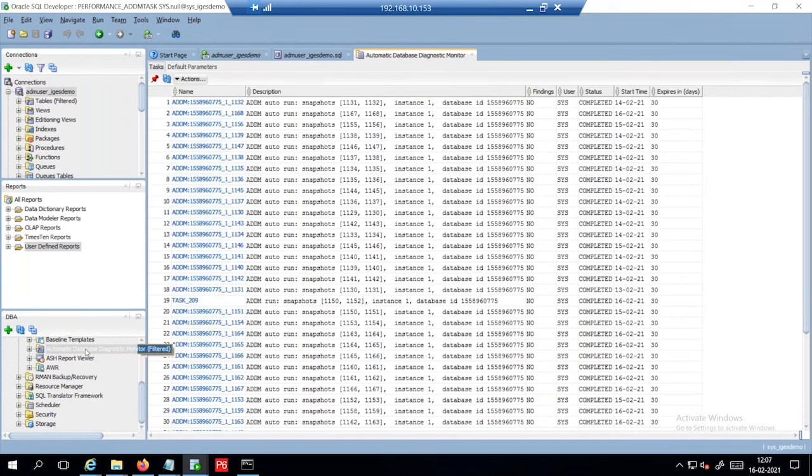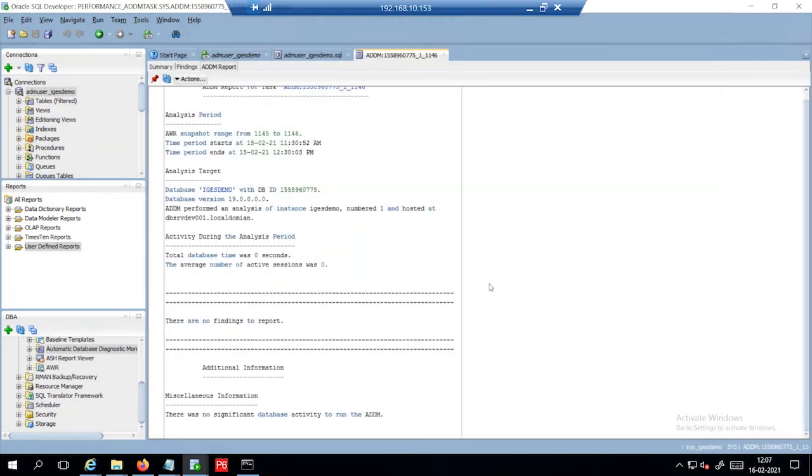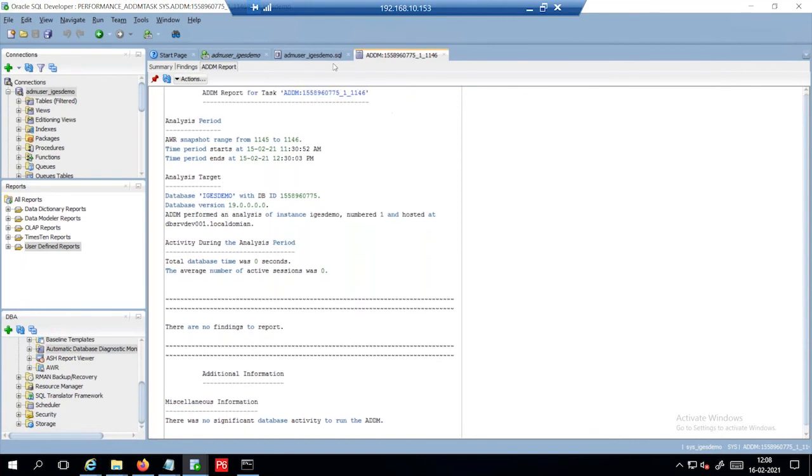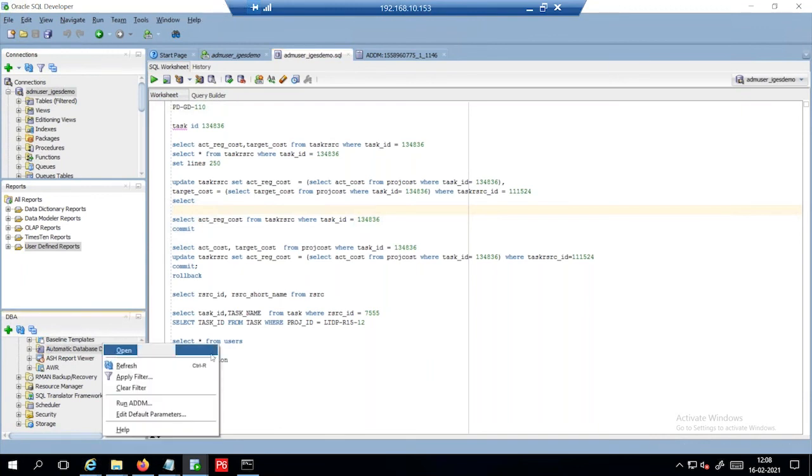So these are the snaps, and this is the report which you can get a clear picture from, I believe. So just a moment.